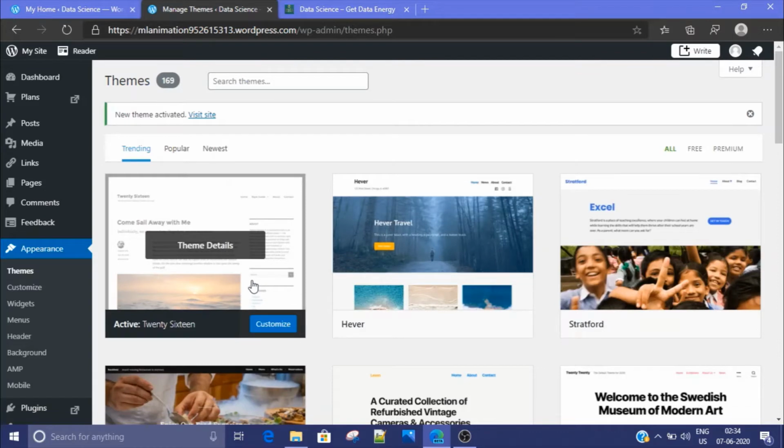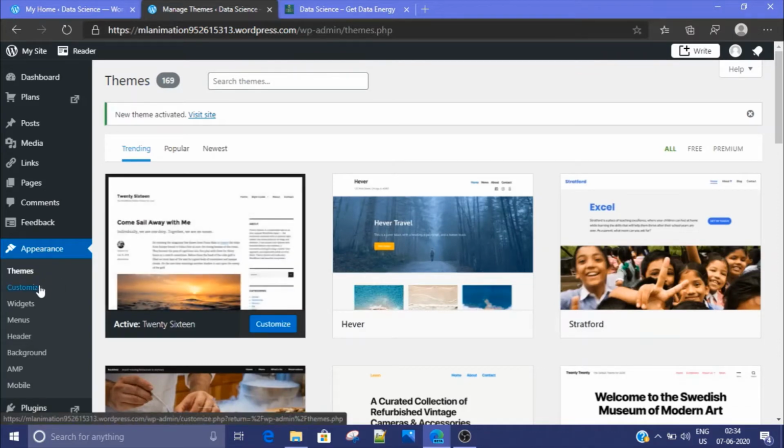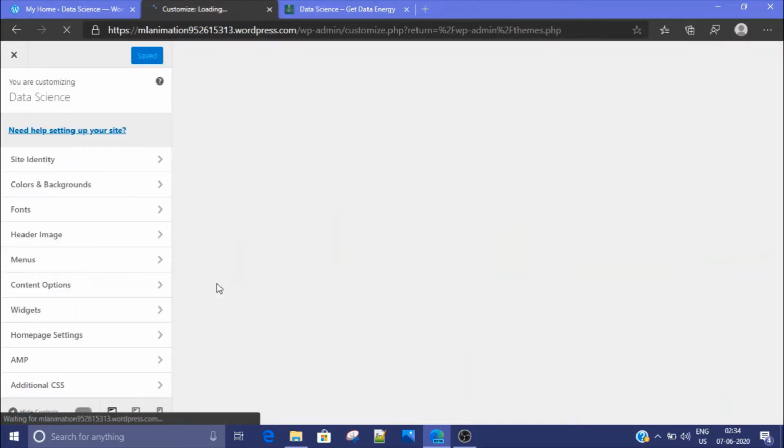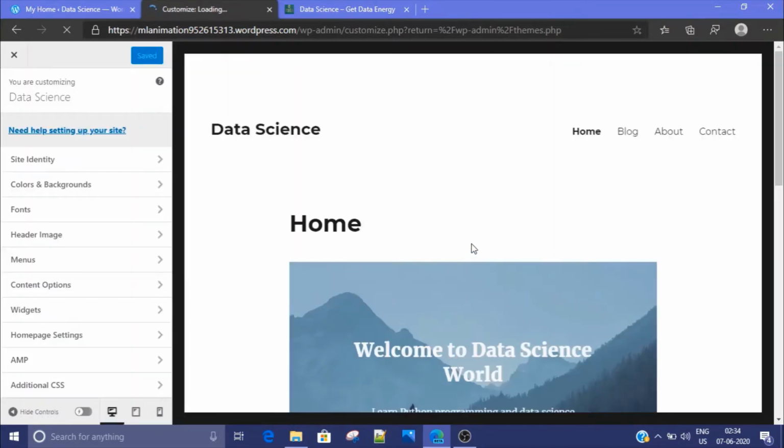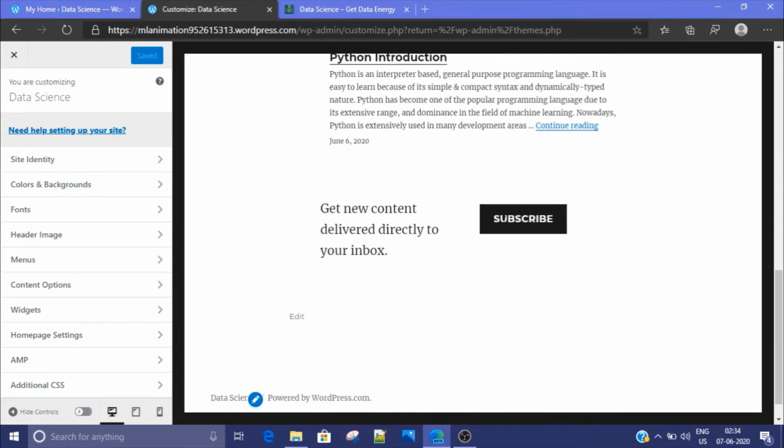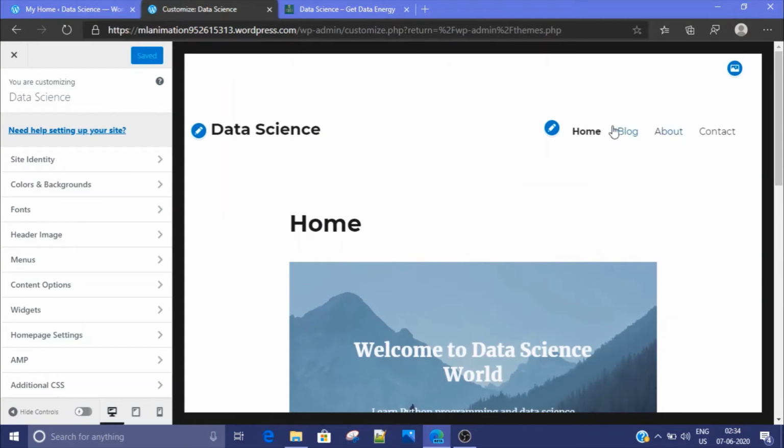After activation of the theme, you have to go to customize. Now you can see the pages you have created on your website with this particular theme. We have home page, we have blog and about and contact page.